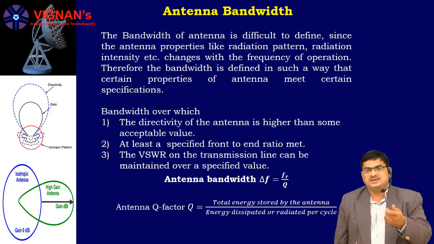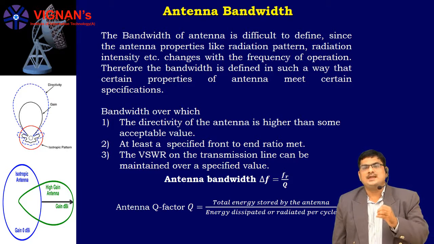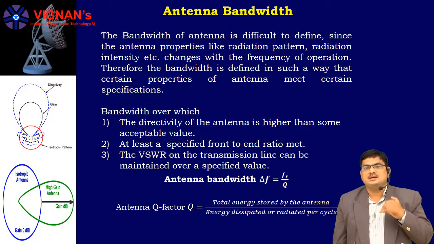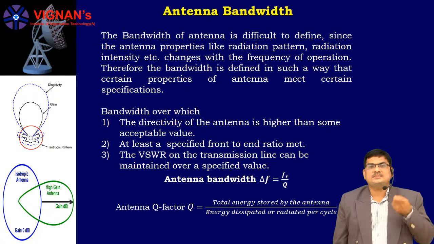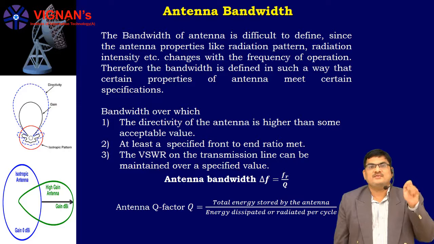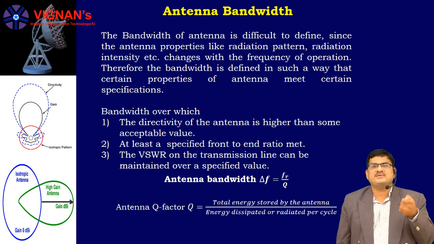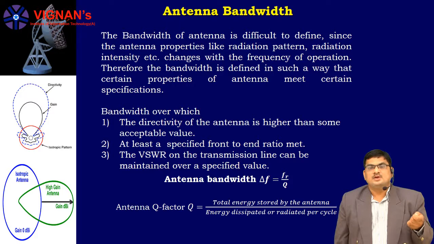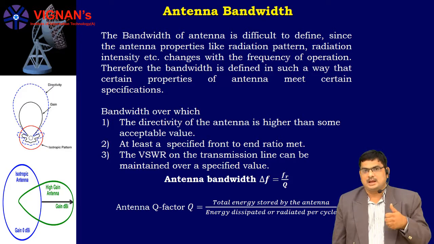The quality factor Q is defined as 2 pi times the total stored energy to the radiated power per cycle. This bandwidth depends on two parameters: one is the impedance and the second is the pattern characteristics. For low frequency signals, your pattern characteristics are frequency sensitive. That means for even a small change in frequency these characteristics will change. So in those frequency conditions, to know the bandwidth, impedance is a very crucial parameter.